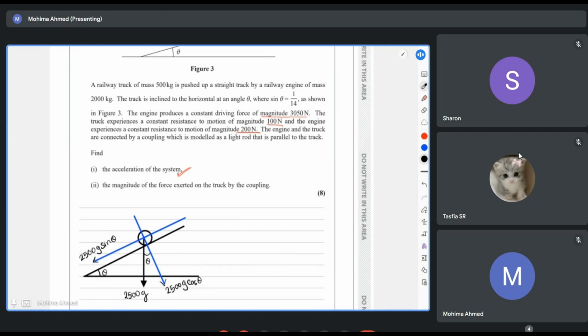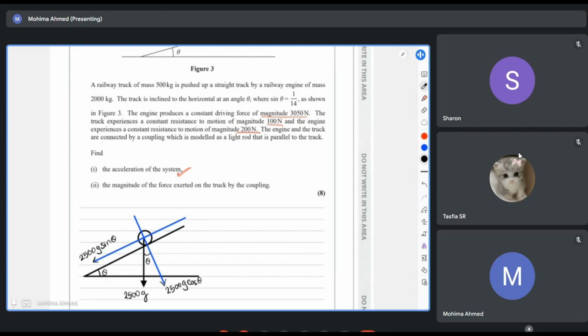Wait, incline and angle. They never stated anything about rough or smooth, right? Wait, straight track by railway engine of mass this. The track is inclined to horizontal angle as shown. Right. They haven't actually expressed anything about rough or smooth,